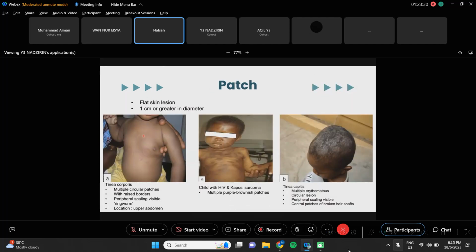Now you have here the set of pustules, so you show pustular psoriasis. There is the subset of psoriasis, palmoplantar psoriasis, and usually they have pustules on